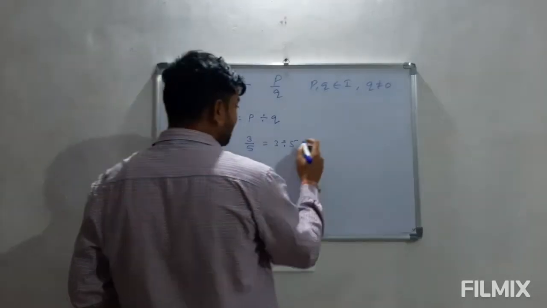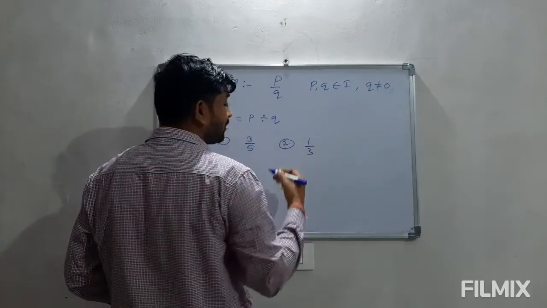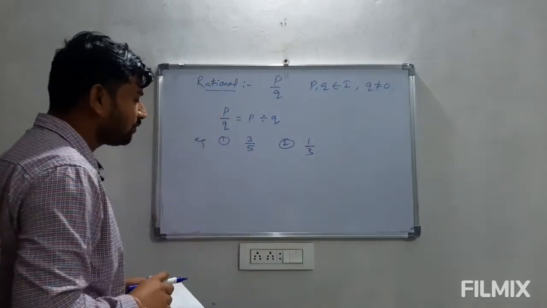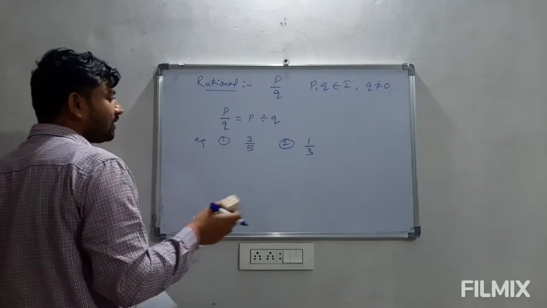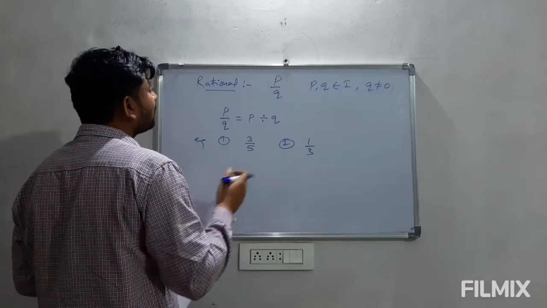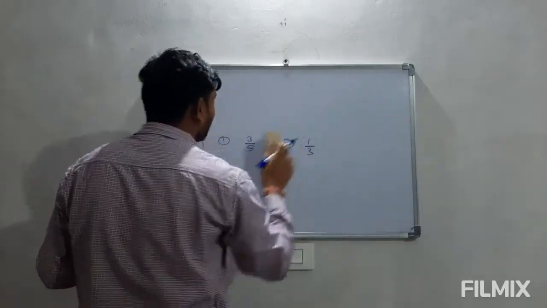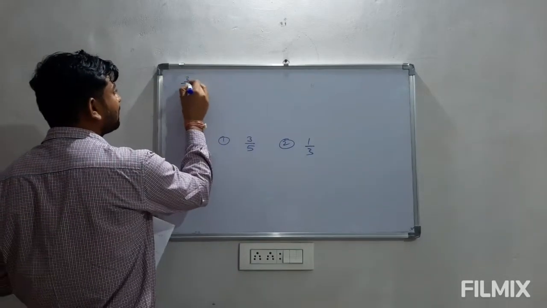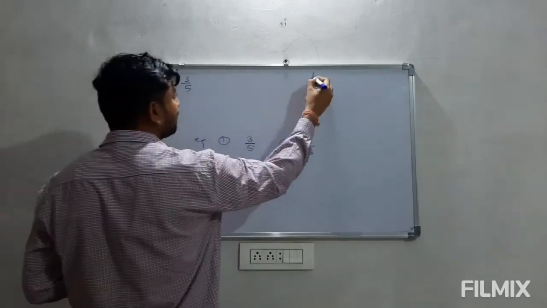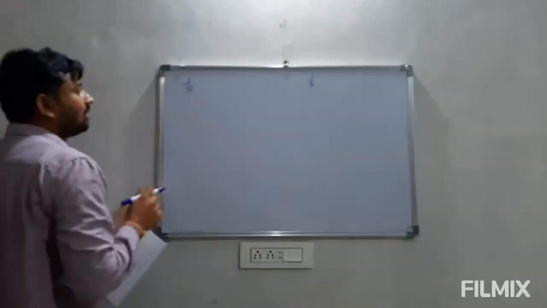The second example I will be taking here is, let us say, 1 upon 3. If it is 1 upon 3, then we will discuss it separately. So there are two possibilities. We will discuss them now. So let me try to divide these two numbers, 3 by 5 and the other one, 1 by 3. One by one we will discuss.